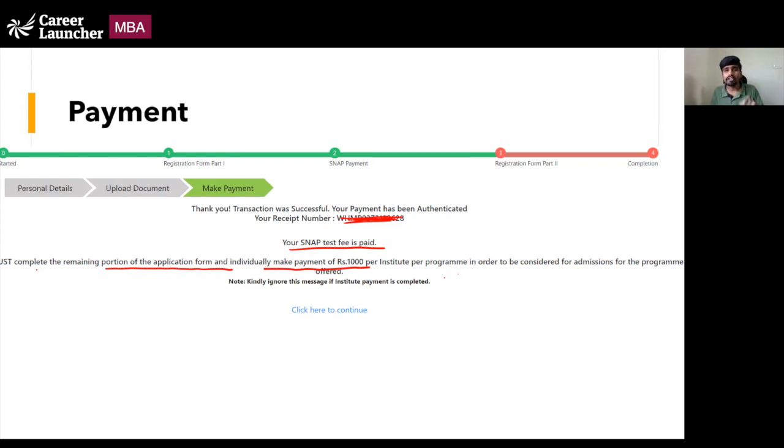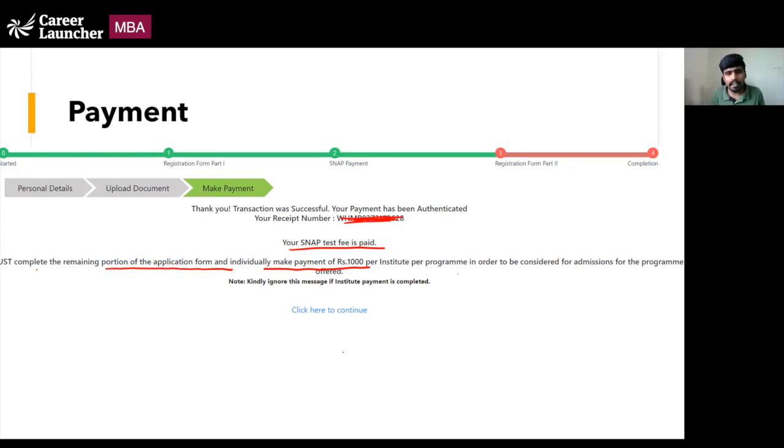So if you want to apply to any of the programs that are there, there are 24 programs available. If you want to apply to all 24 programs, you will have to pay 24,000 more. Let us say you want to apply to 3 more programs: you select the core program of SIBM Pune, one program from SCM HRD, and one program from SIBM Bangalore, or SIOM Nashik. Per program, you'll have to pay 1,000 rupees.